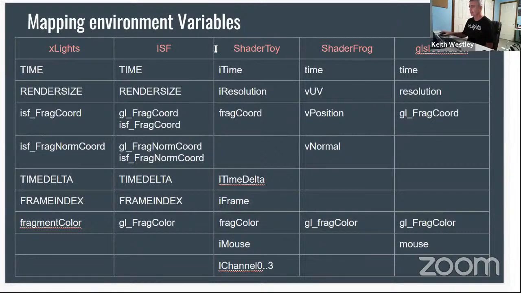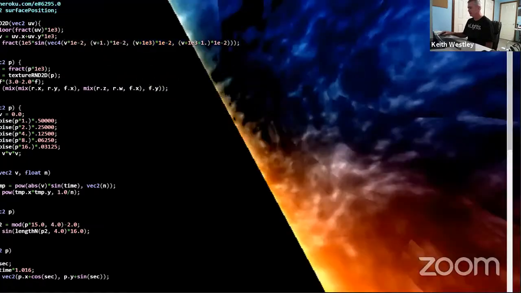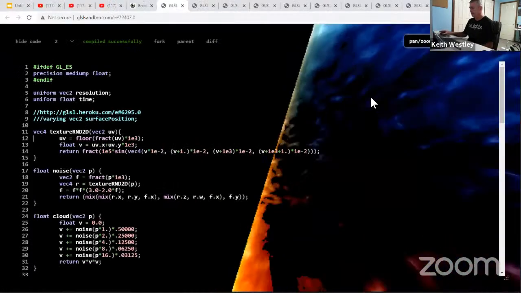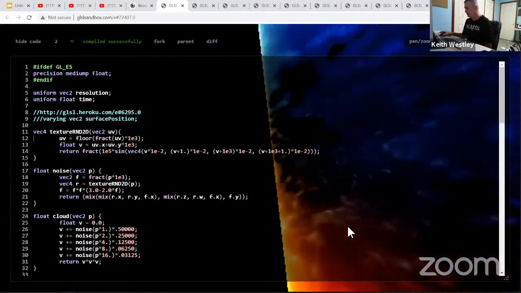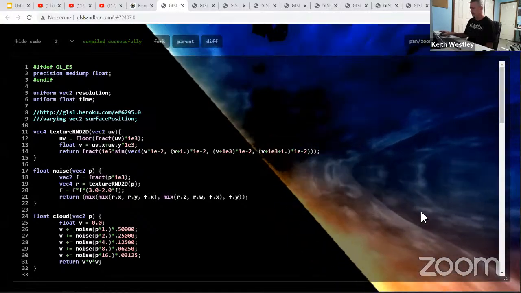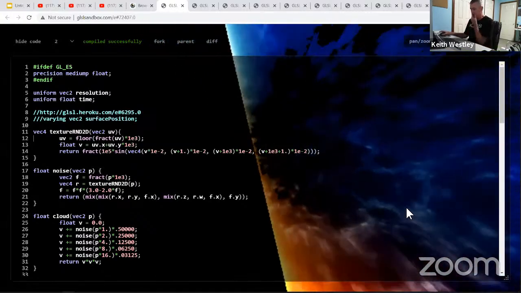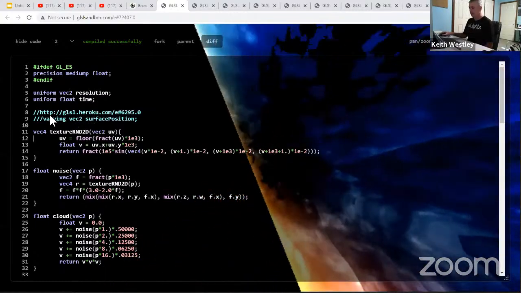So let's go in, and in our discussion, I'm going to resize this so that you can see the whole thing. We're going to play with this shader here and try to bring this shader into xLights. Now, Tony quite generously has already verified that it works in xLights, so we won't do that. So what we are going to do, however, is